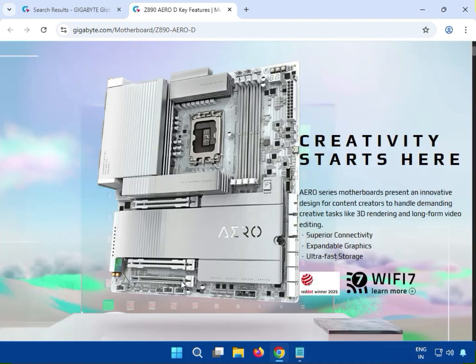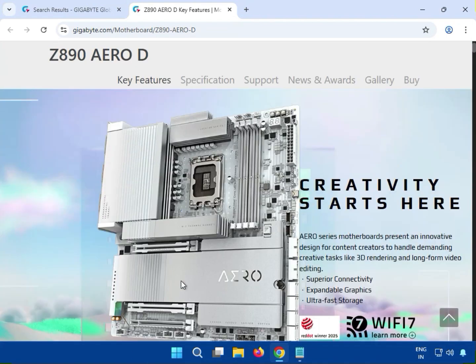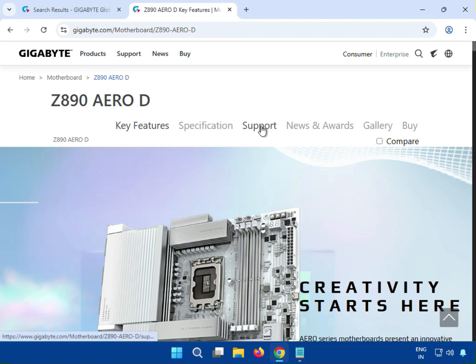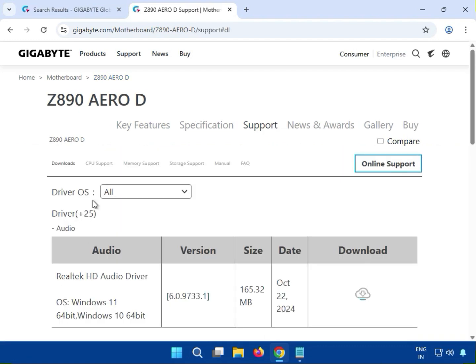Go to this tab, then this is your motherboard. Click on support. Then select your operating system, which is Windows 10 or 11. If you have Windows 10 and you see the installation is for Windows 11, no worry, because it is the same installation process. Okay,